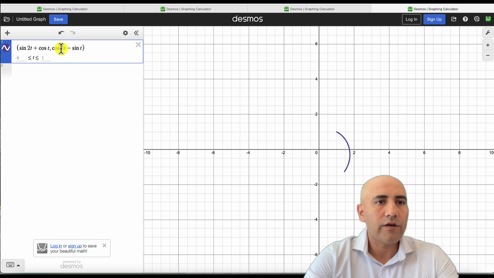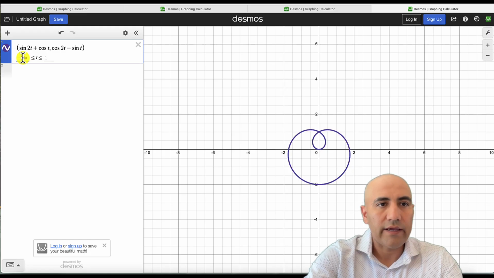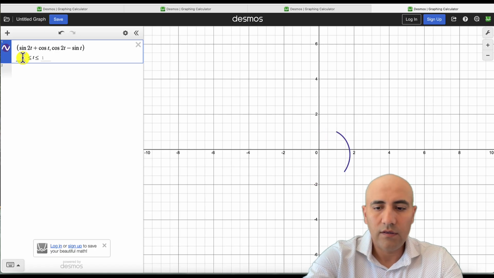All right, so here's our equation: sine 2t plus cosine t, comma, cosine 2t minus sine t. Now we have to make sure that we give t enough space to draw out the entire picture. Let's go through, say, minus 10 pi. Okay, I can see that that's going to be already a lot. It completely covers one period of the whole thing. So how about if we just go from -2 pi to positive 2 pi,